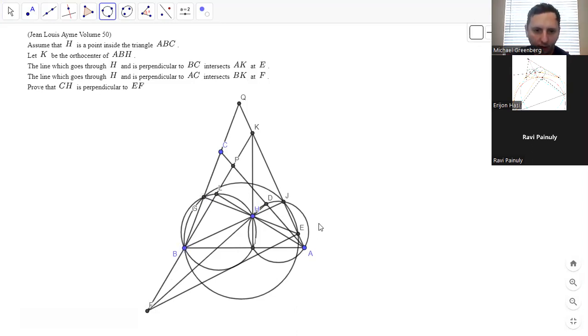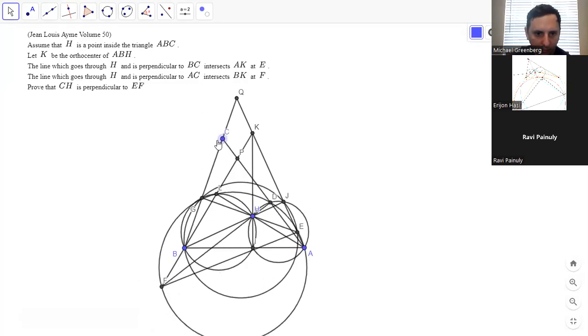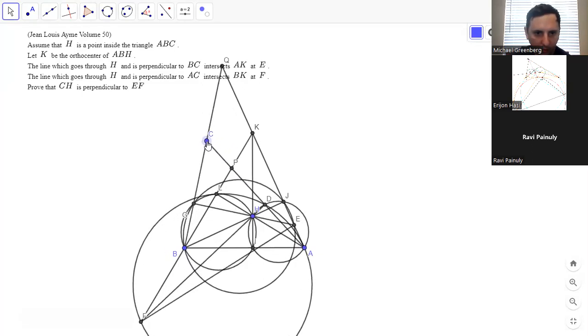BGJE. And then we have AFDL. And I don't think those actually both pass through G, only one of them passes through G, but